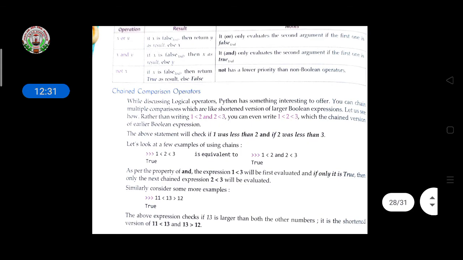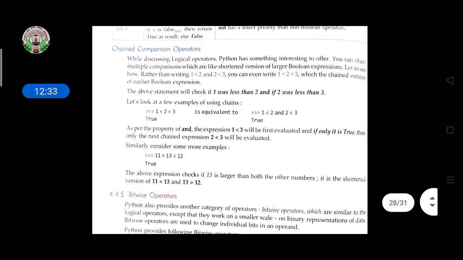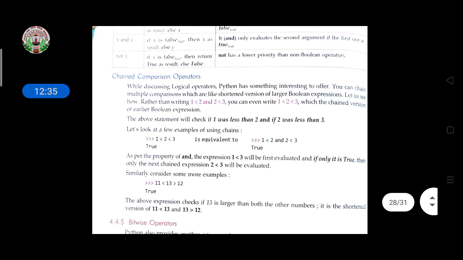Then chained comparison operators. While discussing logical operators, Python has something interesting to offer. You can chain multiple comparisons within a larger Boolean expression. So here the expression is given. The above statement will check if 1 is less than 2 and if 2 is less than 3.